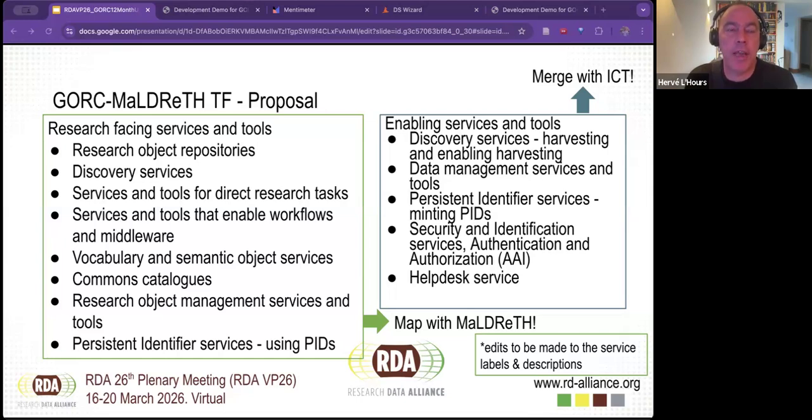Now, there might be a big justification for solving that with Maldreth as a tool layer. I'd have to look again at what the compromises are on both sides there. But if you look at most of the GORC, they're broadly activities and functions. The other gap is the digital objects.